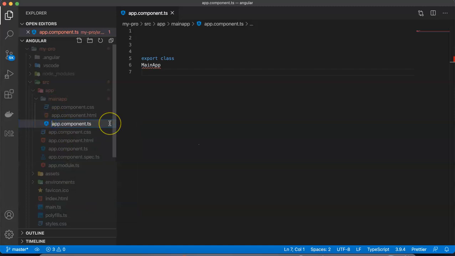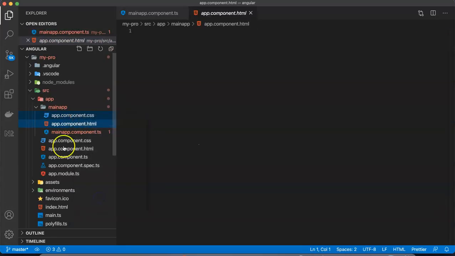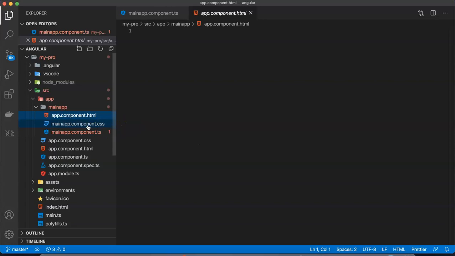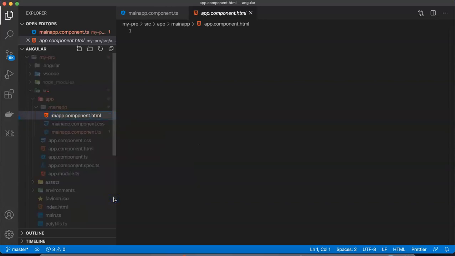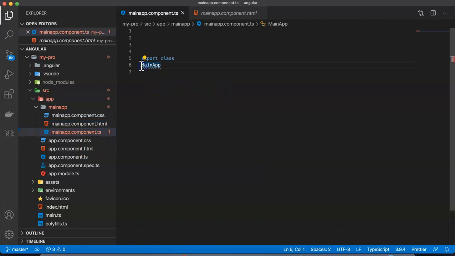That will make more sense. Here I'm also giving the name main app, and this also. Like this. In my TS, I'm defining the name of my class as main app, and this main app